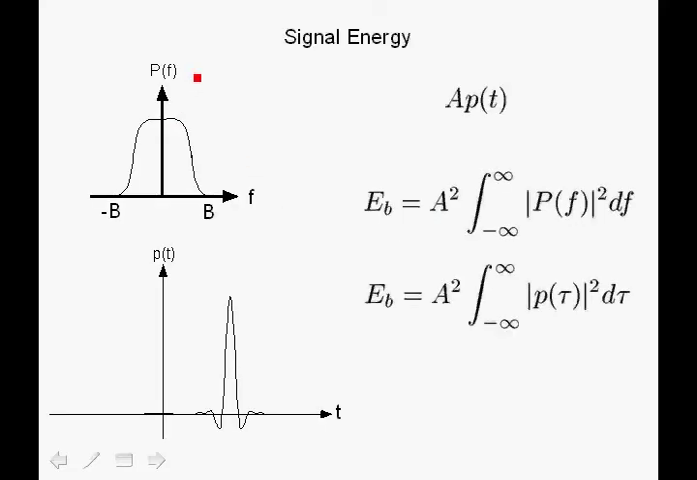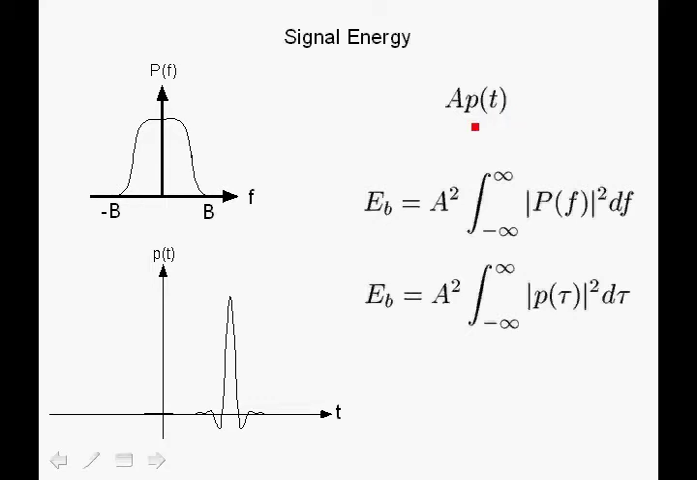Now here we show the operation above in more detail. Here we have the square root Nyquist pulse-shaped filter in the time domain, so we have the signal p of t, and we have P of f, its Fourier transform in the frequency domain, and we note that it is band limited to B hertz as required. We receive the signal A p of t,